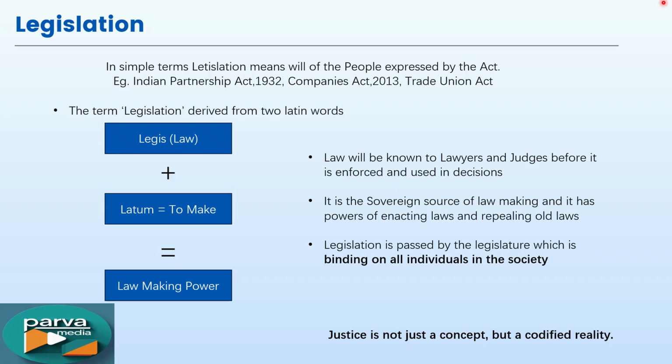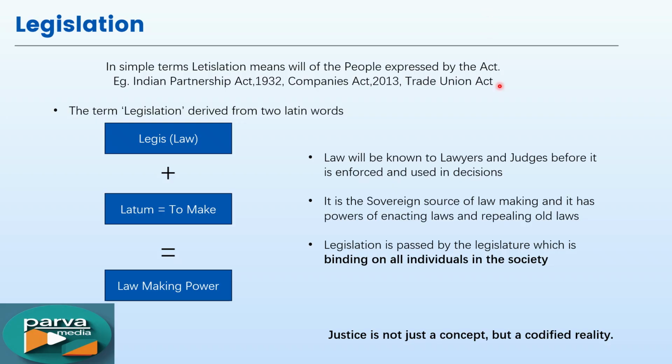But how will this law be enforced? Before enforcing this law, it is made known to the lawyers, judges, and other social thinkers, ensuring clarity and consistency in legal interpretation and application. This is the most important part of legislation. Only legislators will not do this work. They will prepare it with the help of executives, and then it will be given to lawyers and judges for review, to get an opinion and feedback on the system.